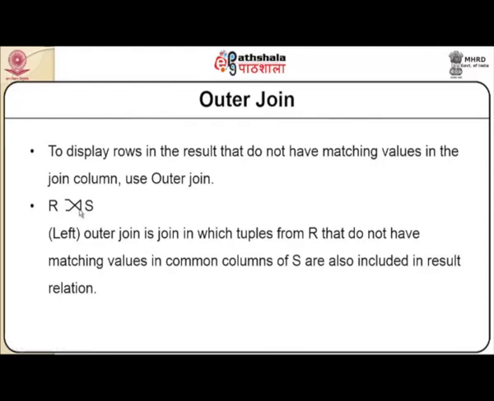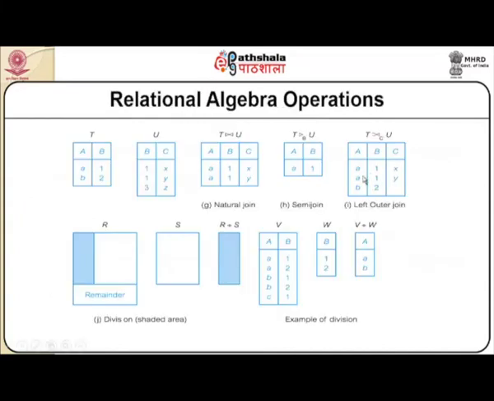So this is called left outer join, a join in which tuples from relation R that do not have matching values in common columns of S are also included in the result relation. So this is your left outer join that happens between two different relations T and U. T has A and B and U has B and C. In the previous case, after performing left outer join I will have A1x, A1y and B2, which cannot be mapped. So, the left part of it will remain the same, that cannot be mapped with the